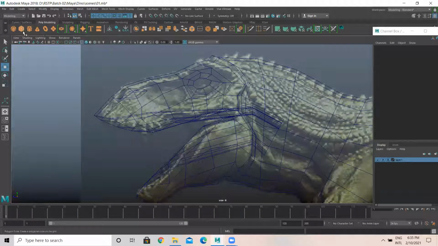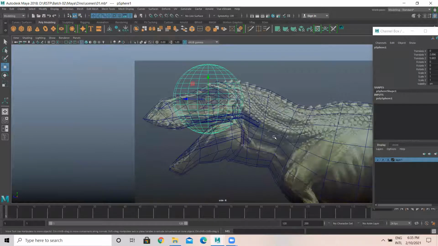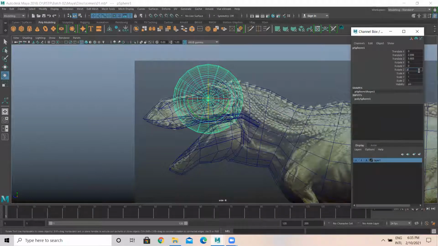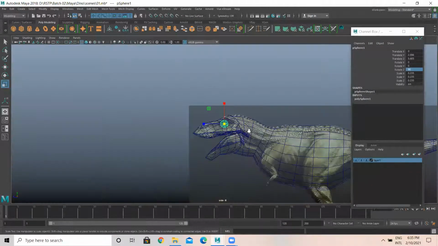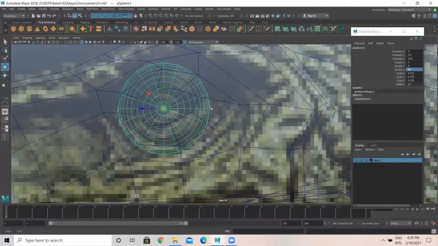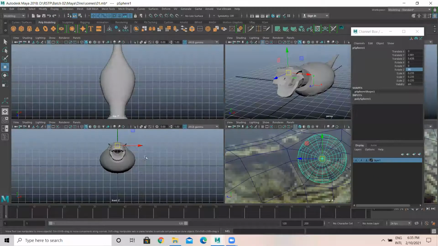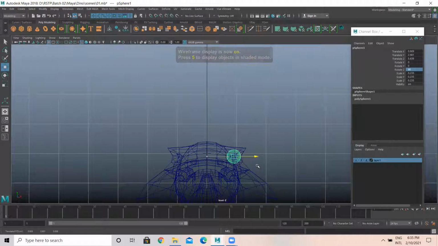So another thing, take a sphere, just place the sphere here, and the direction has to be like this, 90. And here you need to make it smaller. Place it exactly here. And it's like this.